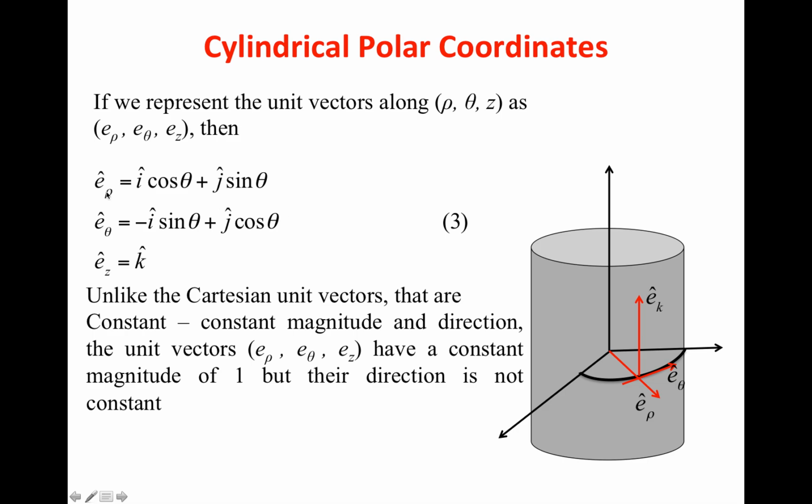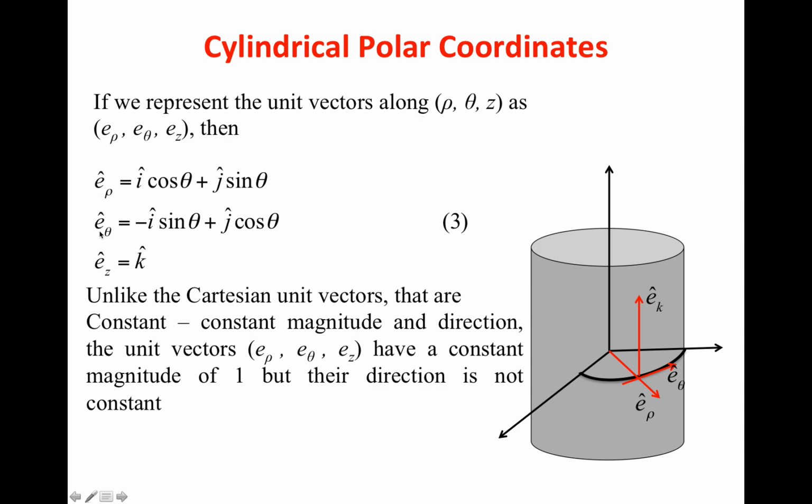So, the unit vector e rho cap in terms of the unit vectors of my Cartesian coordinates is given as cos theta i cap plus sin theta j cap, and similarly e theta cap is minus sin theta i cap plus cos theta j cap, and e z cap of course is the k cap. If you also want to represent your unit vectors i, j and k in terms of e rho cap, e theta cap and e z cap, you may do it by using the inverse transformation, or just write it down in terms of a matrix.